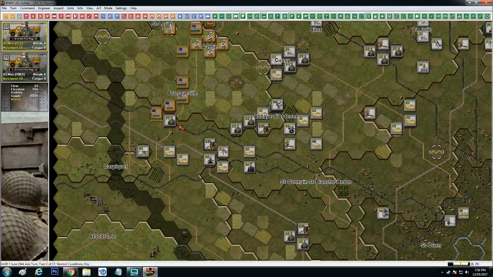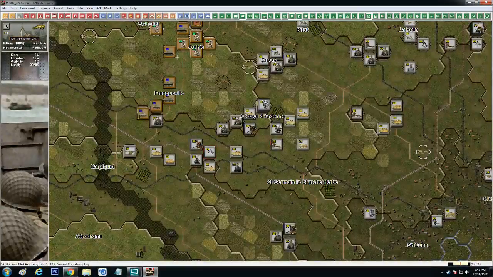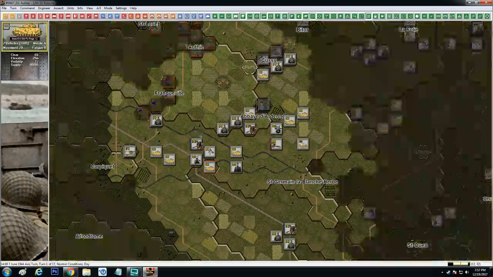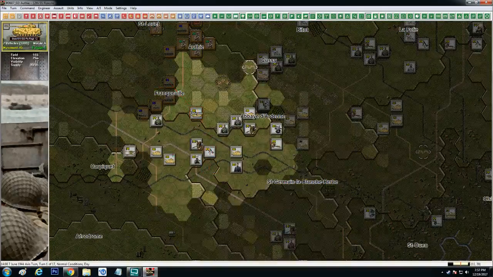All right, so we looked at the mortar unit here. So what we're going to do is try and use some of these other vehicles. H again shows us our range. So we're going to bring this guy right there. It's going to take some defensive fire. That's all right. We can't go without. Now the next thing is to